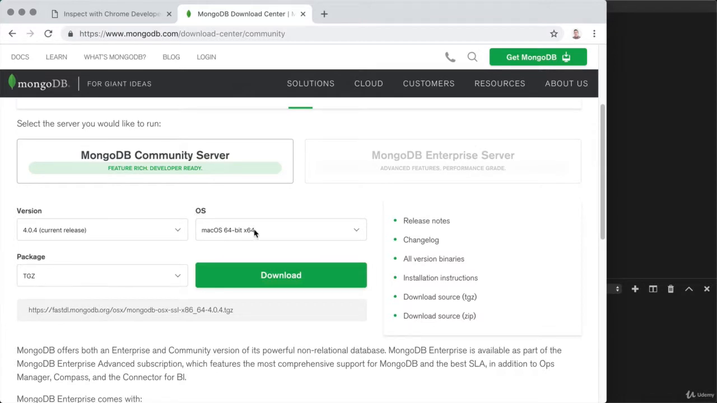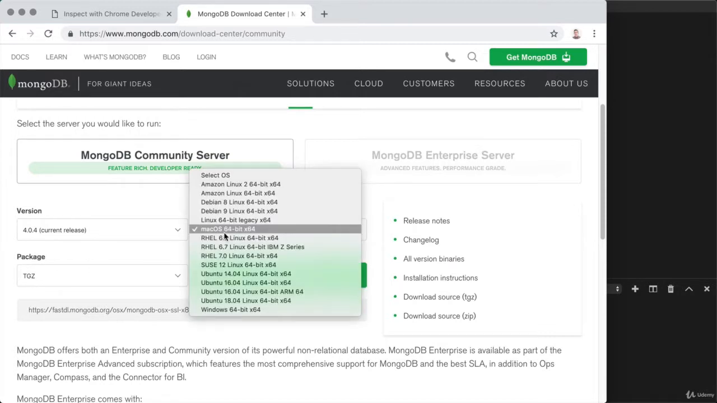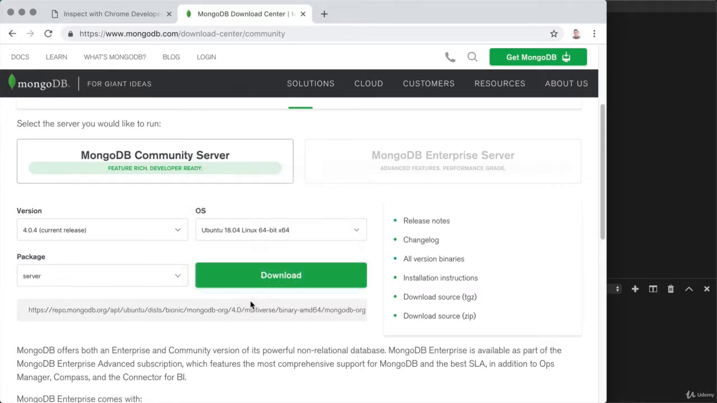So for Mac users, you want to stick with macOS, and you want to grab the TGZ archive of all of the MongoDB files. If you're running on Linux, you want to change the OS. You can see a bunch of different distributions listed here. So as an example, if you were running on the latest Ubuntu 18.04, you could grab that here,